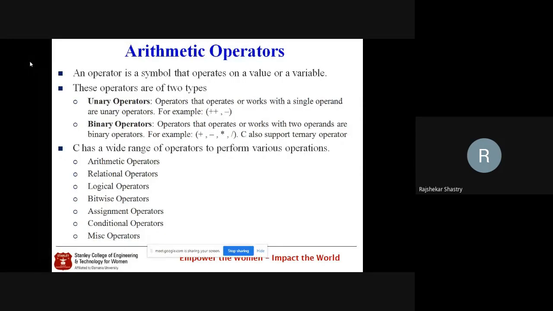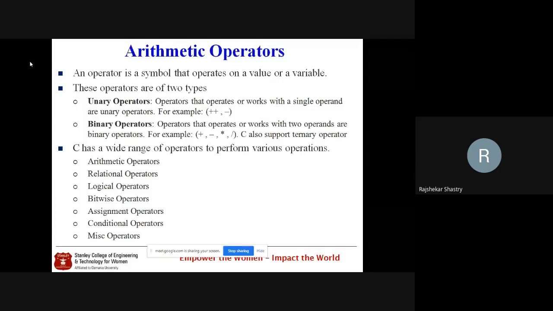Now, what are the other operators then? We got that the overall categories of operators are of two types: unary operators and binary operators. But altogether we categorize them in different groups, like arithmetic operators, which commonly we use to simplify arithmetic expressions in general. Relational operators, the second category, which we apply for decision making. Logical operators are also there, which we apply along with the relational operators for decision making.